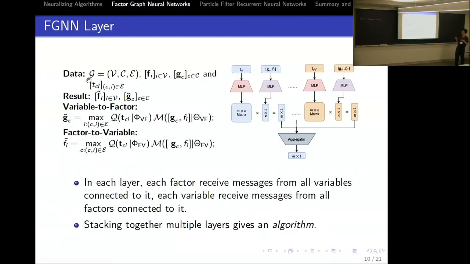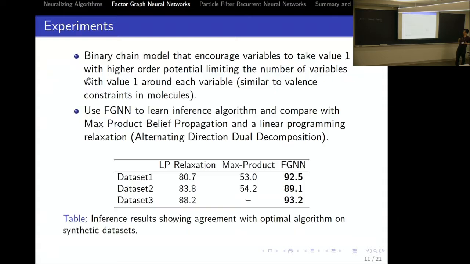I think I'll go through this very quickly. This is what one layer, or one message passing operation, looks like. Instead of fixing the sum and max, we just use a multi-layer perceptron. Then we do a construction to show that we can simulate those sum and max operations that we are interested in, but potentially more, and it's parameterized. Then you just stack multiple layers and do gradient descent, and you can learn hopefully something more powerful than the algorithm you targeted in the first place. So that's the argument.